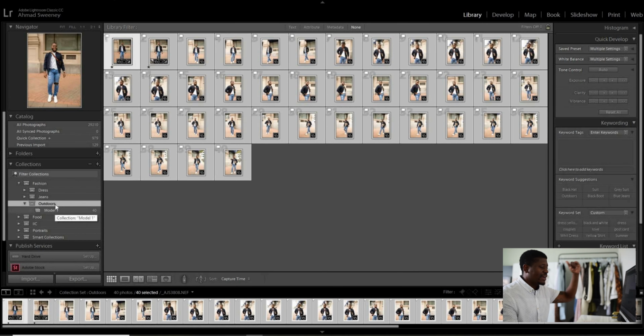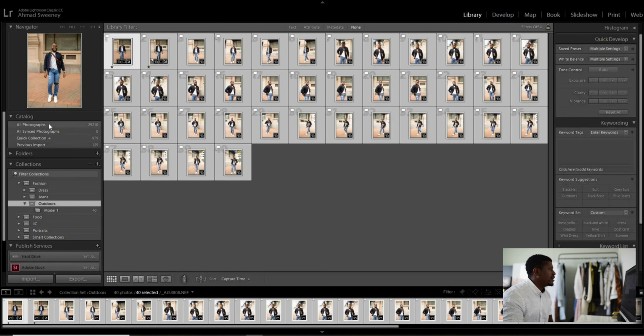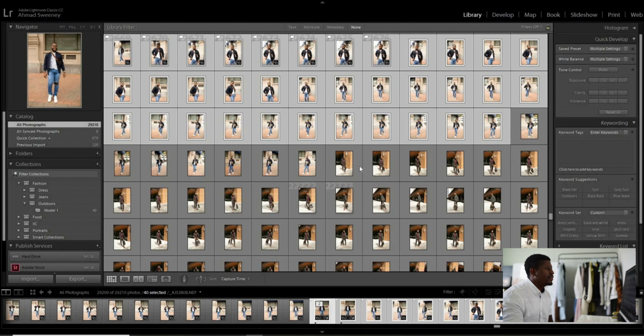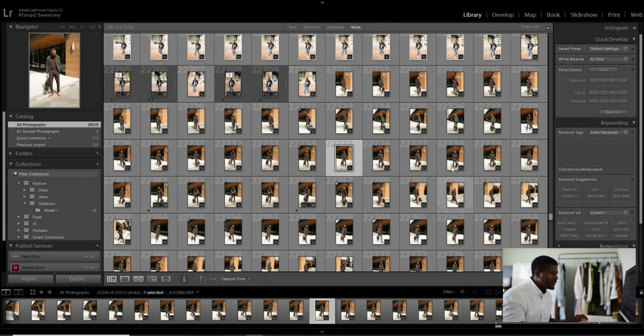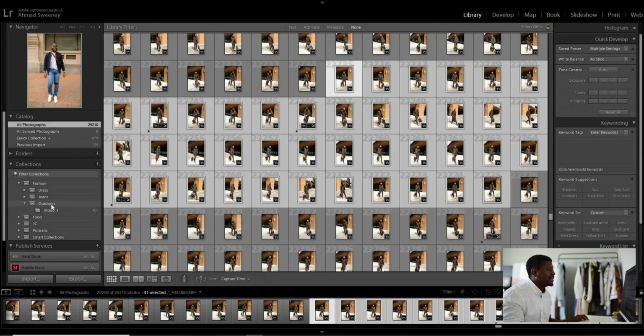I can go by name, I can go by session, however you want to do it is really up to you. Let's do another example here. So I'll go back to all my photographs. Let's find another model. So I'm going to select all these. Once again, hold down shift, select my images, and now I'll right click on outdoors